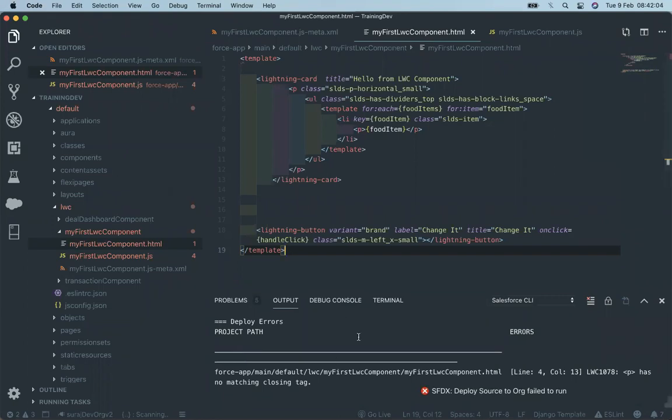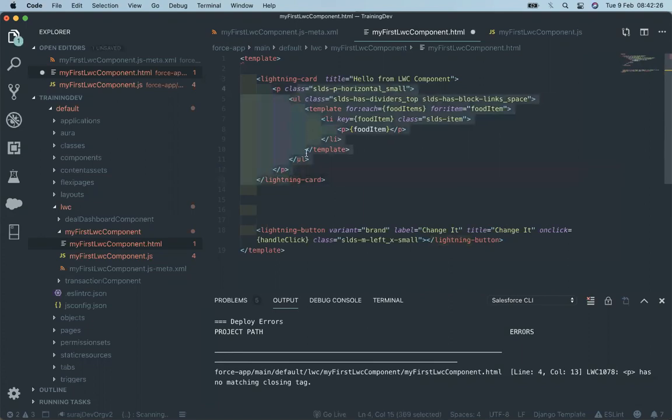It's showing an error. That closing tag is missing. P has a closing tag. Okay, it's missing. This P has a tag starting and closing. UL is also starting. Li is also starting. And this tag is also starting.